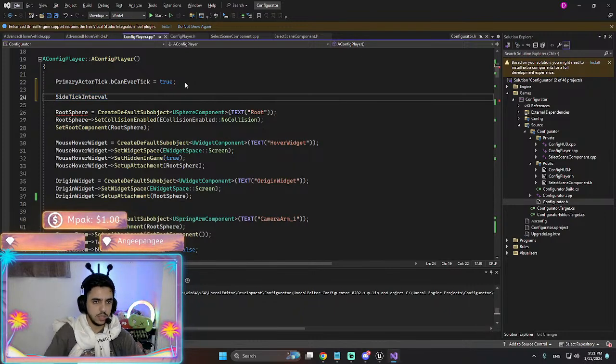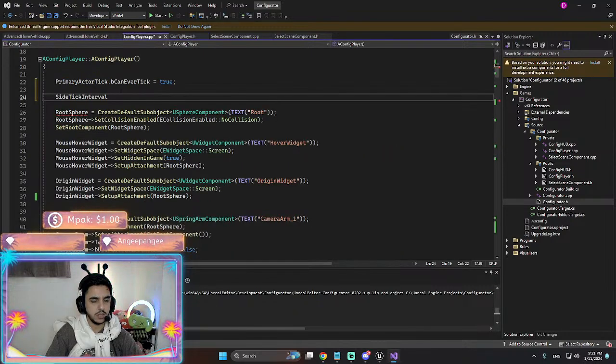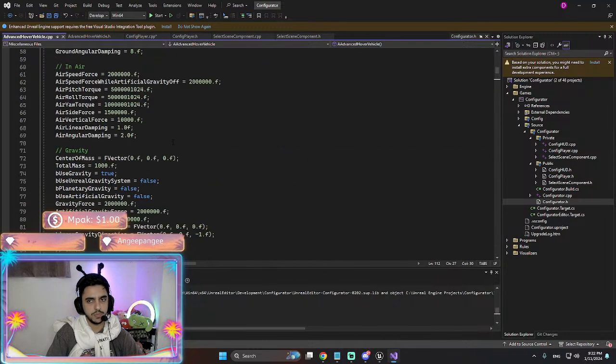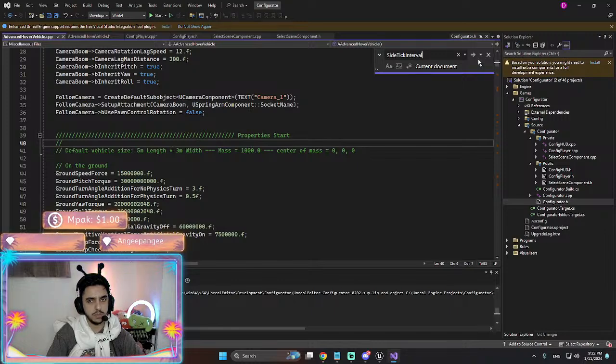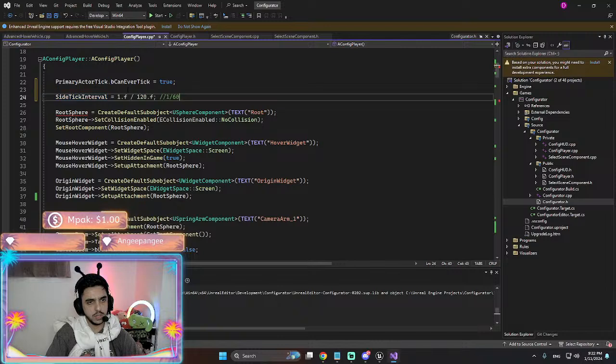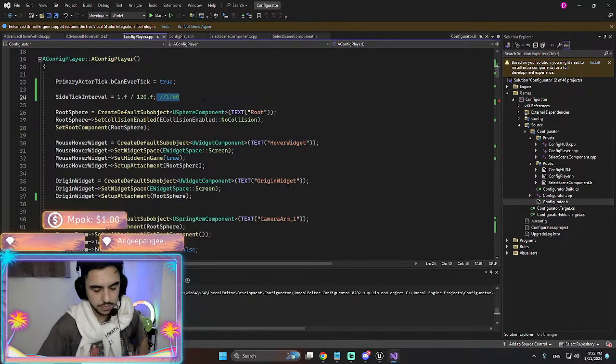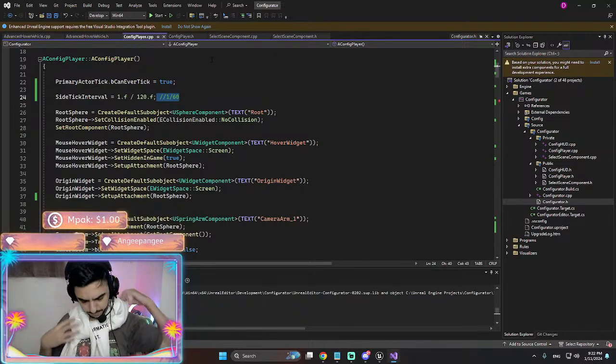This is equal to, was it a float? Yeah. So I had to say one, yep. Let's search for it here. Yeah, 1 divided by something. So 120 FPS would be great. So I'm going to do the same thing here. Or 1 divided by 60. Yep.